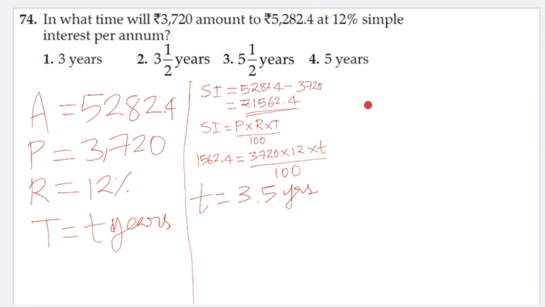Okay. So I hope you understood. We got the amount in the question, the principal amount is given, the rate of interest is given, and we have to calculate the time taken. So what we did, we first found out the simple interest by subtracting the principal amount from the final amount. And what we got